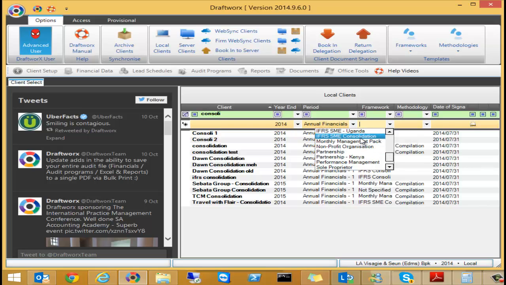Now, of course, if you are doing full IFRS, you would use IFRS consolidation. We get a lot of queries about what is the difference between IFRS SME and IFRS SME consolidation templates. Well, simply, the IFRS SME consolidation template has built-in group and company columns. Okay. So when we do consolidate, we can split out the group and the company. Okay. So let's create my